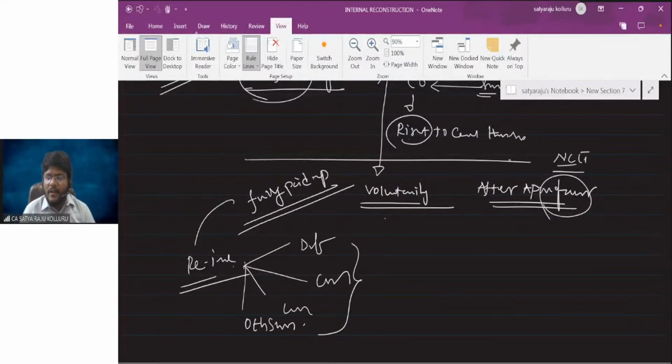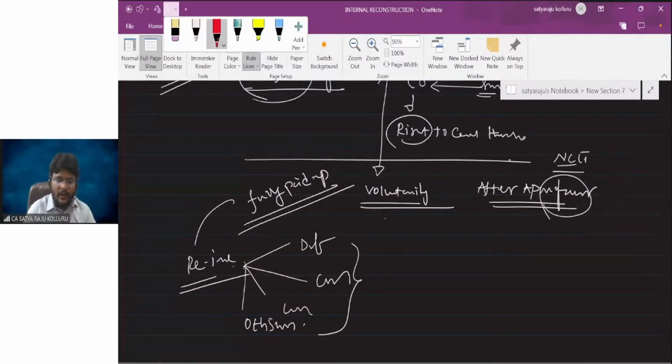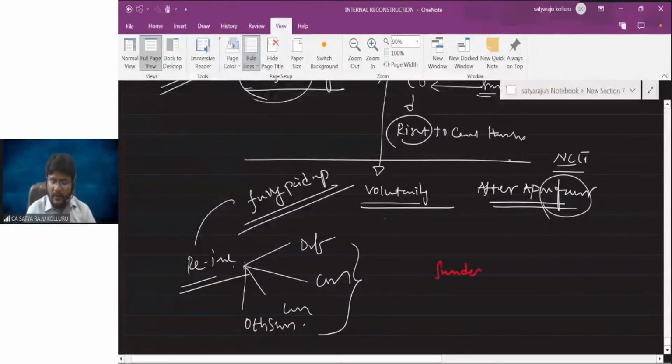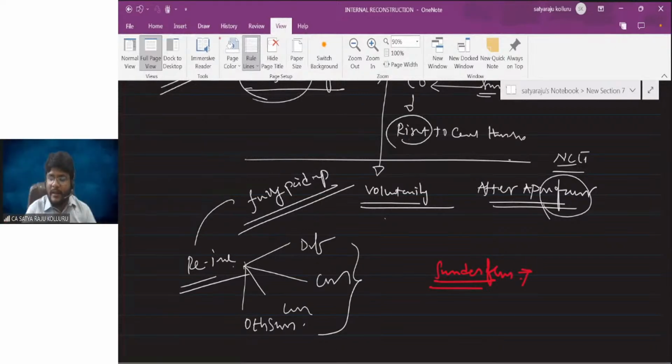Do you understand? Sir, but coming to accounting treatment, due to surrender of shares, what happens, sir? Due to surrender of shares, only one thing happens: the company is getting certain profit. The company will attain certain profits during the process of internal reconstruction. Now the profits which they attained are ultimately useful to set off the P&L account debit balance and to reduce the unrepresented intangible assets and other assets, and all such other things will follow. Okay, that is the base concept, no doubt about it.